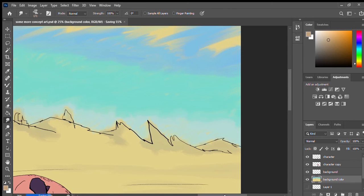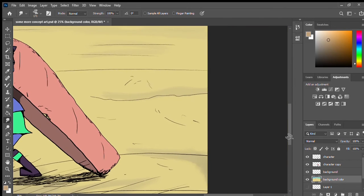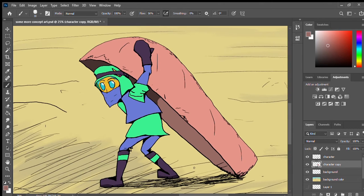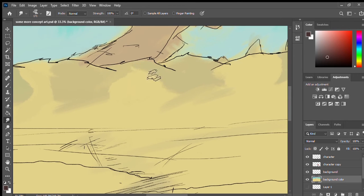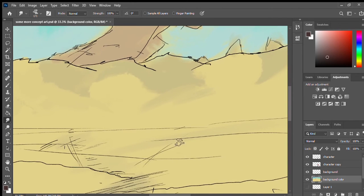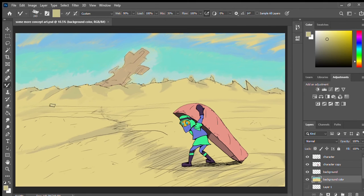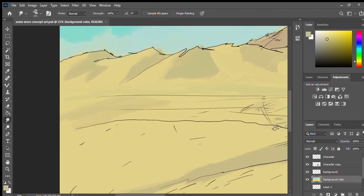So the key to coloring in this art style, I would say, is to use more faded colors, because if you use bright, saturated primary colors, it's going to look cheesy and like it was done in Photoshop. Oh, not Photoshop, this is being done in Photoshop. In Paint, it's going to look like something you might have colored in Paint, and it'd be kind of abrasive on the eye. But this way, with these more faded, muted colors, well, faded and muted to a point,